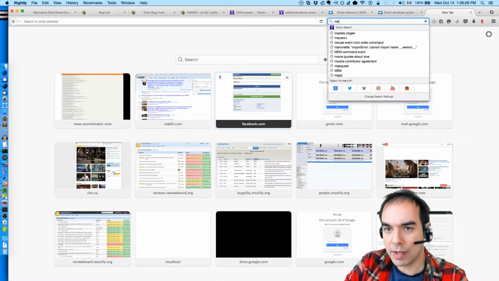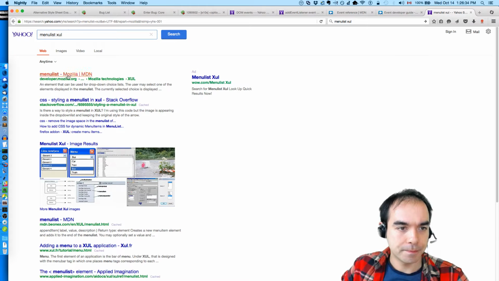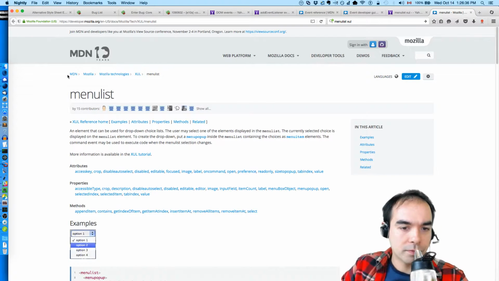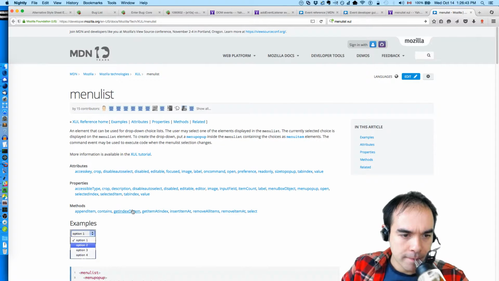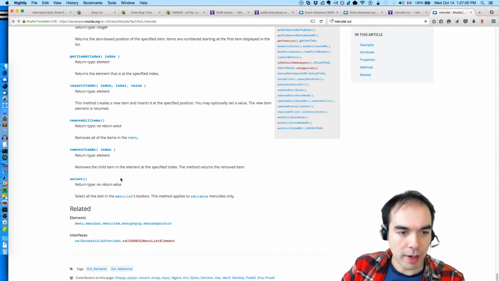So, menu list. Let's learn about XUL menu lists. Attributes, read only, on command, focused. Okay, that's not what I care about.